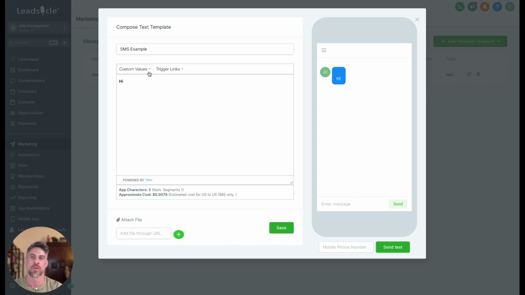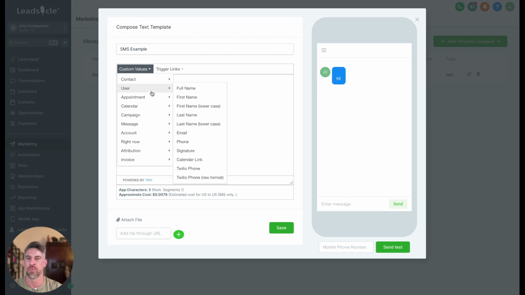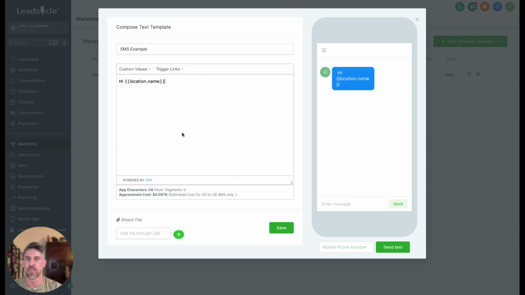If you want to use a short code, what you're going to do is put in account, and then you will put name in here. And what this is going to do, this location.name short code, is automatically enter the name of your business. So whatever it says in your business profile, if it's Jolly Consignment, or if it's XYZ Resale, or whatever the name of your estate sale company is, this short code will put that in there for you. If you don't feel comfortable doing that and you just want to type in the name, you can put